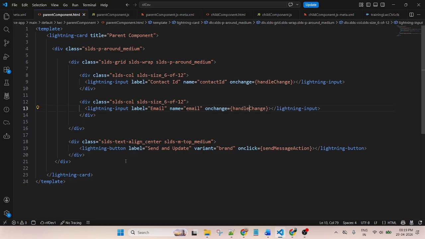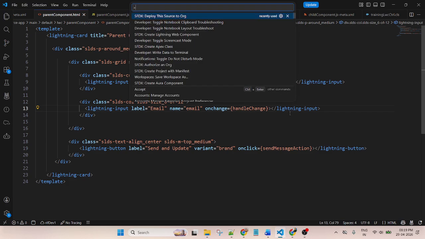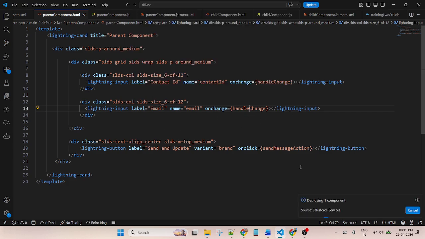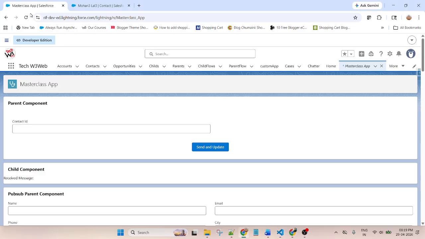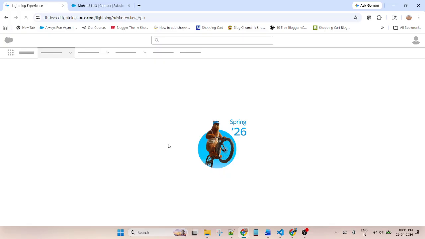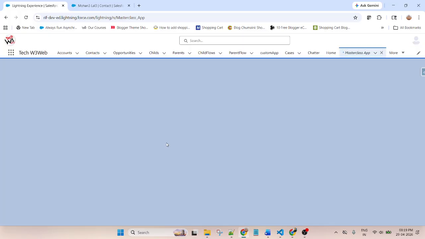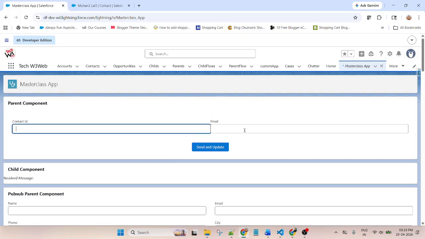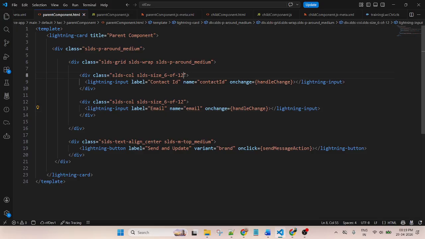Handle change will be the same, so I will get the current value through this function. There is no space. How to give a space? Use SLDS p-horizontal small.